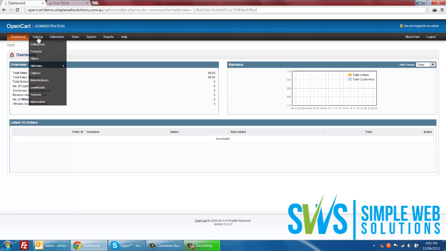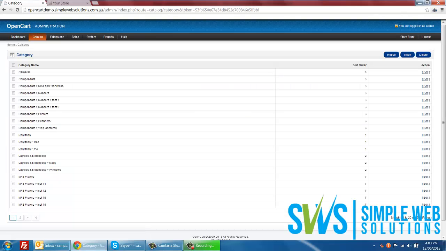So first things first, we'll go into catalog and we'll go to categories. So to set up a product, you first need to set up your manufacturers, and you need to set up your categories. So by default here, here's the list of categories. So you've got your primary categories here, and so let's say components, and then you've got your subcategories, so components and then mice and trackballs. And you can go as many subs as you like. Here's a third level category, so you got components, monitors,